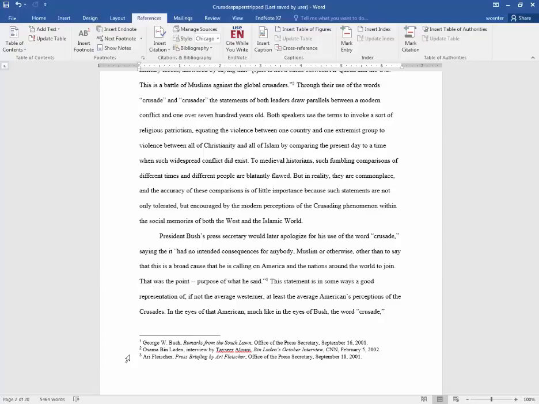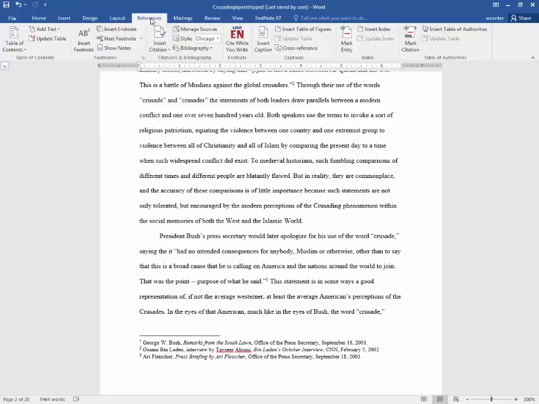I prefer footnotes because they allow me to double-check the footnote information quickly as I revise and proofread, but some prefer endnotes because they make it easier to judge the true length of the document and to prevent interruptions in the flow of the paper. At the moment, this document uses footnotes, but in Word, it's very easy to switch back and forth from footnotes to endnotes. If you'd like to switch between one or the other, click on the References tab,